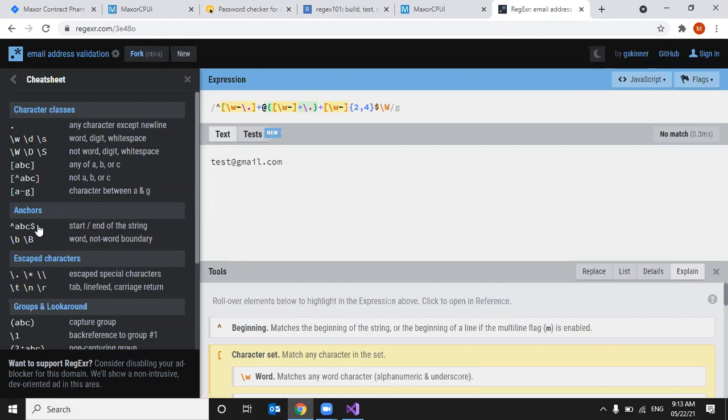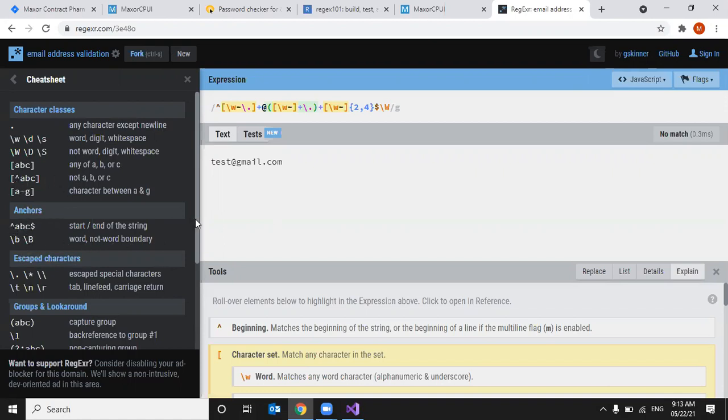Inside brackets, cap means not A. That is the difference.